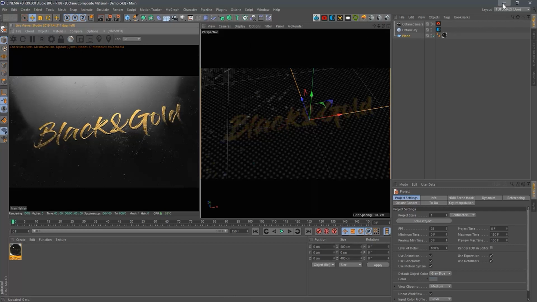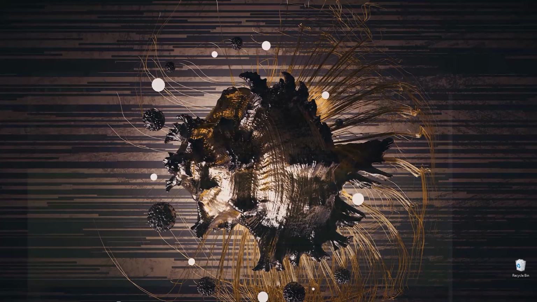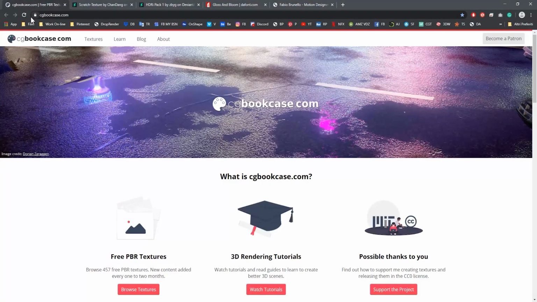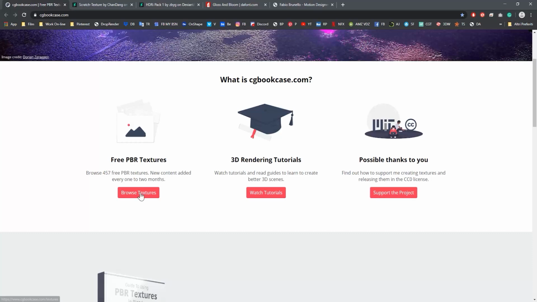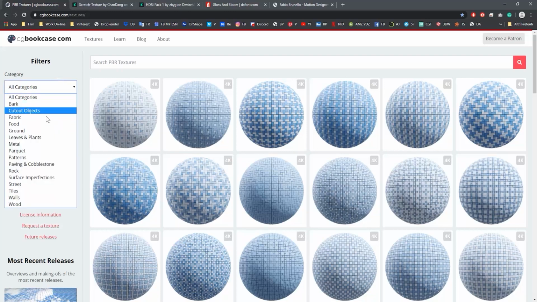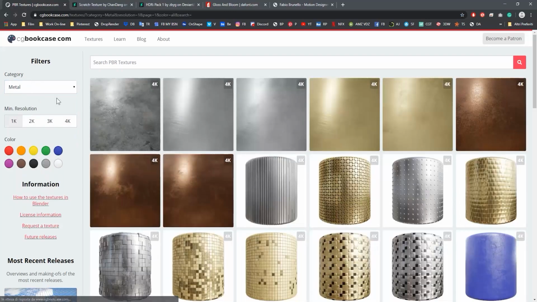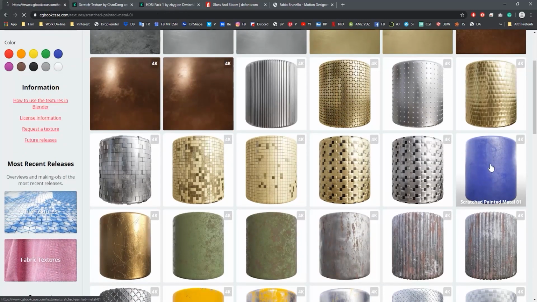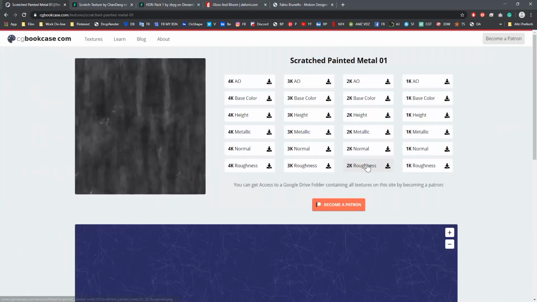To create it, I used all the free resources from the internet, which I will show you now, and you will also find the link in the description. So let's start with the roughness texture that I used from cgbookcase.com. You will find the free PBR texture section, and all the textures are definitely of good quality and go up to 4K resolution. Specifically, I used the roughness texture that you find here of this scratchy painted metal 01. You can download it